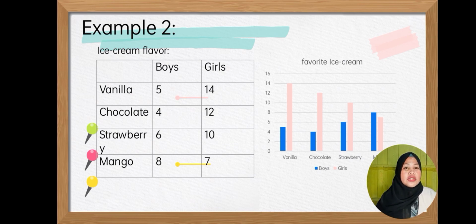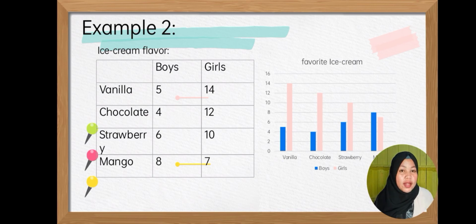How many boys like the ice cream flavor vanilla? Okay, 5. Naka-state dyan, 5. And what about the girls? 14. So, how many boys like chocolate ice cream? 4. Nakita nyo dyan sa table, 4. Nakatapat siya sa number 4. And for the girls, how many girls like chocolate flavor is 12, which is nakatapat siya dun sa number